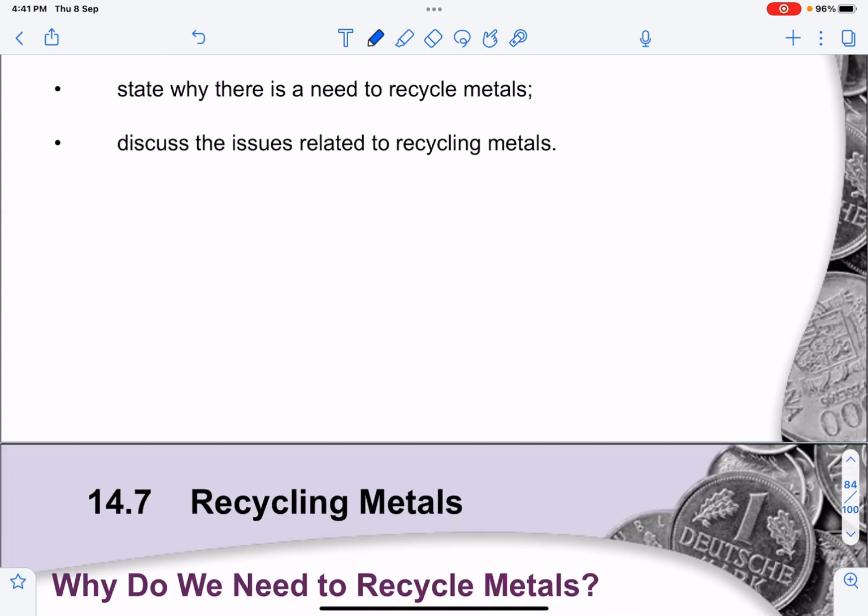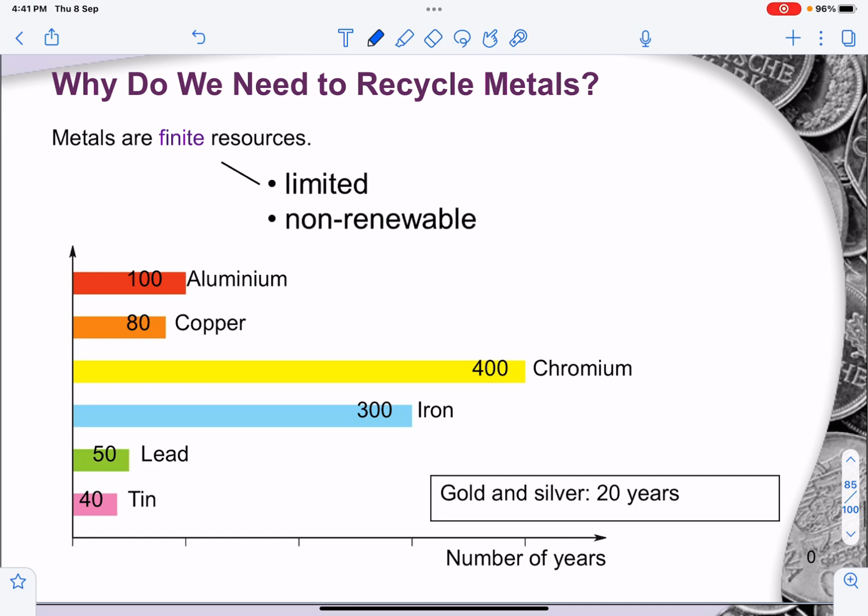And now we move into recycling. A question that they always like to ask is, why do we need to recycle, or why do we need to do certain things to reduce the use of metals? It's because the key word for all answers they are looking for is the word finite. So this one, please remember for exam. Metals are finite